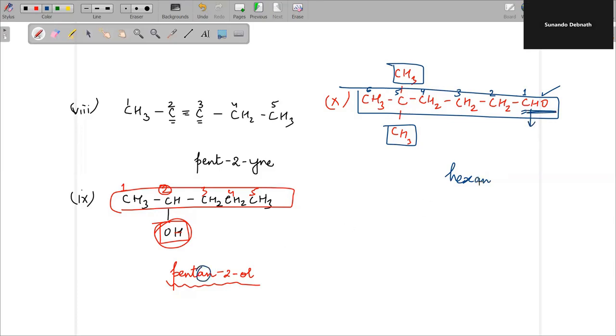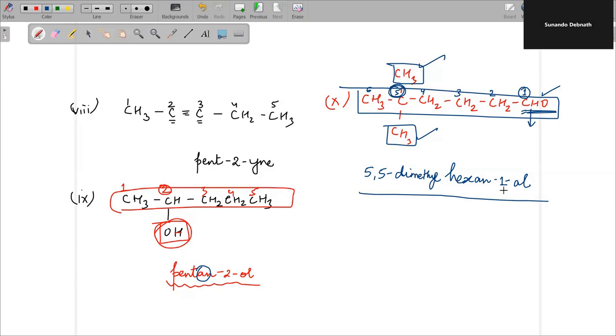हेक्सान, जैसे यहाँ पेंटान लिखा था, यहाँ हेक्सान, फिर पोजीशन है 1, आल, CHO के लिए Al, और पोजीशन आल का क्या है, यानी एल्डिहाइड का क्या है, 1 है, जिसमें हेक्सेन 1 आल। लेकिन हमें ये CH3 का भी फिर लिखना होगा, और ये दो CH3 है, इसलिए डाई मिथाइल हो जाएगा, CH3 मिथाइल, तो डाई मिथाइल लिख दिया। और दोनों ही 5 नंबर ऑफ कार्बन से कनेक्टेड है, इसलिए 5,5 डाईमिथाइल हेक्सेन 1 आल, इसका नाम दे दिया 5,5 डाईमिथाइल हेक्सेन 1 आल।